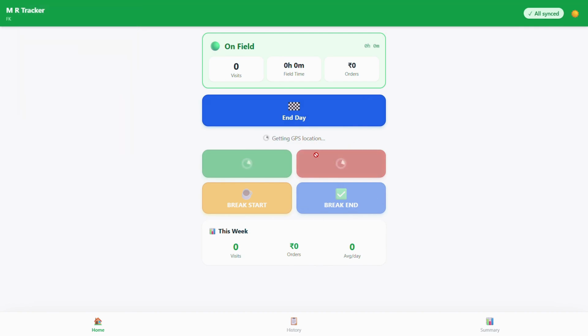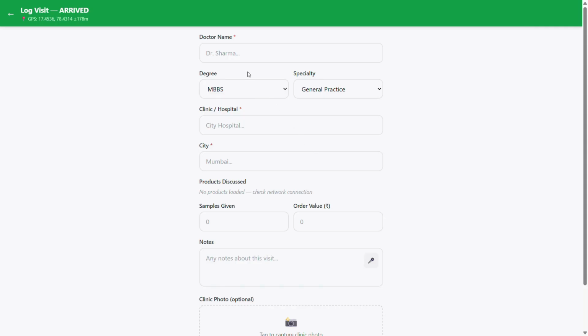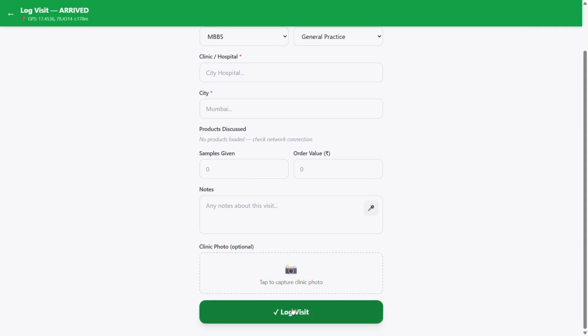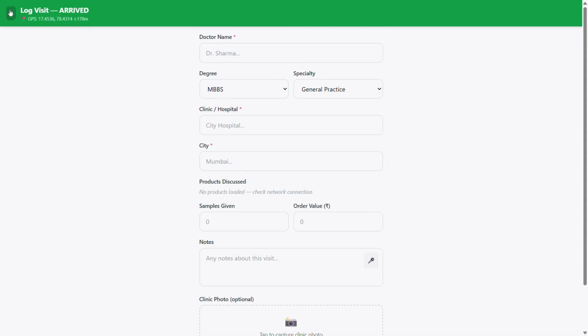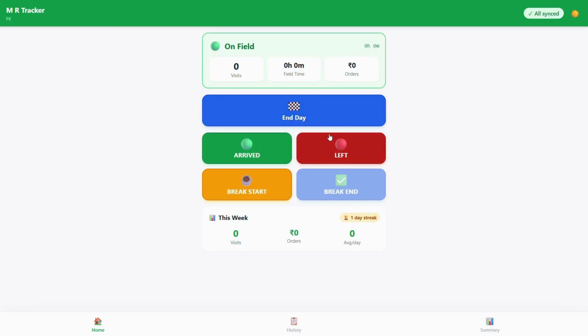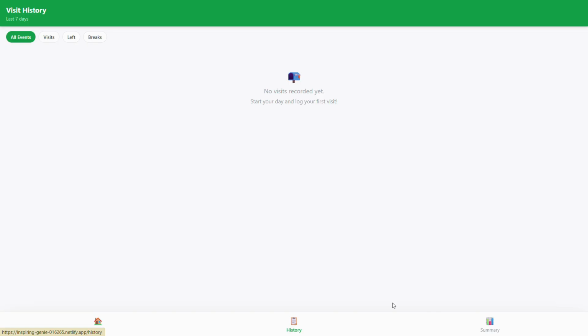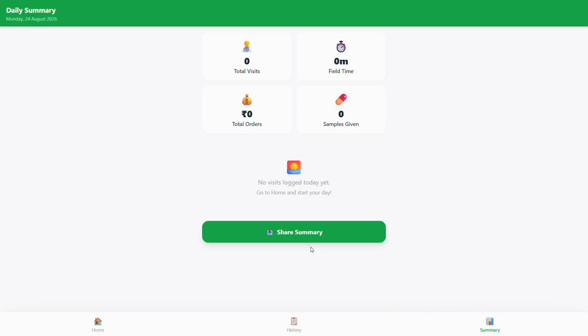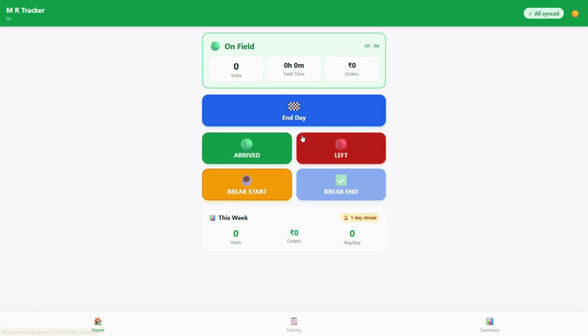The MR can also do this during their free time before they get their appointment. Once that visit is done, they can move on to the next doctor and repeat the same process. They can also specify when they are taking a break. So, in short, the system can monitor and calculate their working time, their TA, their field activities, and the work they have actually done. And this is important because the company needs accurate data to make better strategies and better